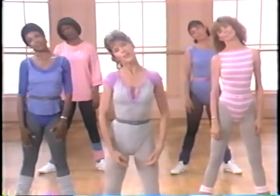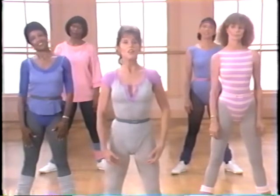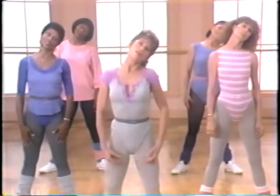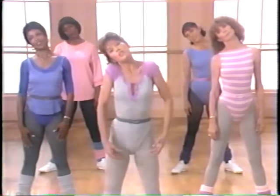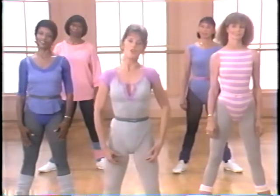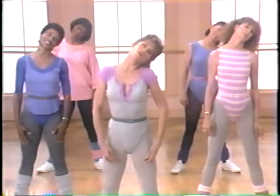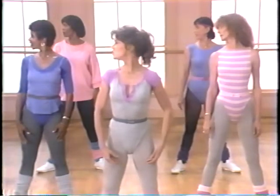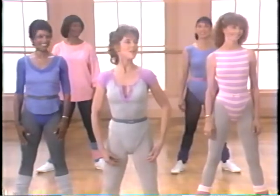Ear to shoulder, 2, 3, feel the stretch and center, 2 and to the left, press your shoulders down, and up, 2 again, right, don't let your shoulders hunch, keep them pressed, 4 and up, 2 and to the left, 2, 3, 4, and up, 2 and turn right, 2, high hazel, 4 and center, 2 and to the